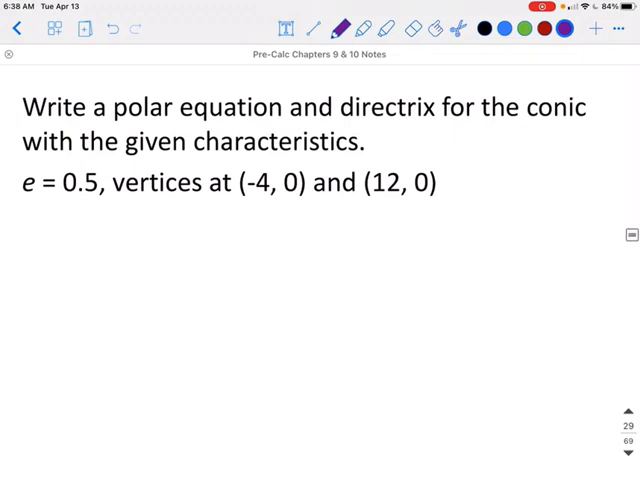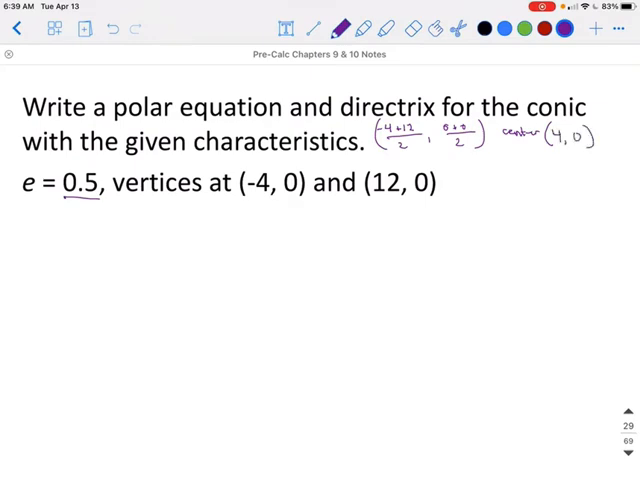Write a polar equation and directrix for the conic with the given characteristics. Now, we know that because our eccentricity is between 0 and 1, this conic section is going to be an ellipse. We know where 2 vertices are on this ellipse, so we can find the center by finding the midpoint. So if we use the midpoint formula, negative 4 plus 12 over 2 and 0 plus 0 over 2 will tell us that our center is going to be at 4